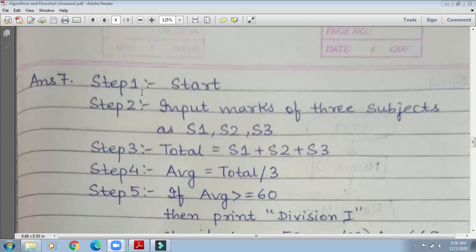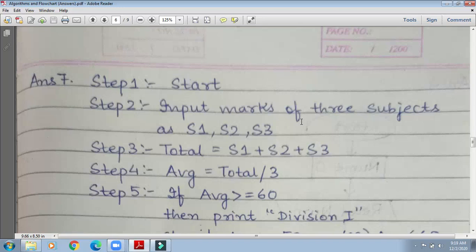Step number 1, as usual, start. Step number 2, input marks of 3 subjects. I am taking one as S1, one as S2 and one as S3. So the marks of the 3 subjects will be saved in S1, S2, S3.